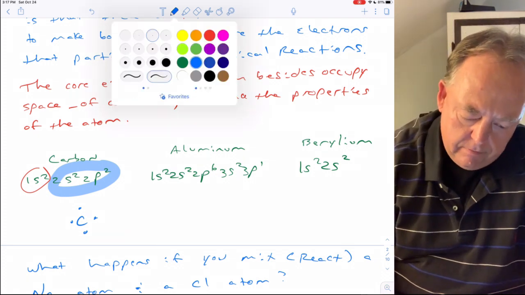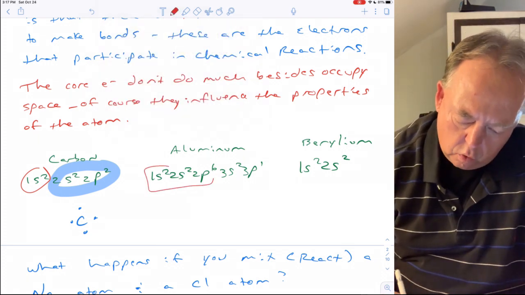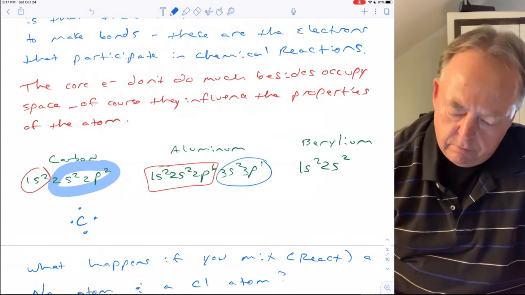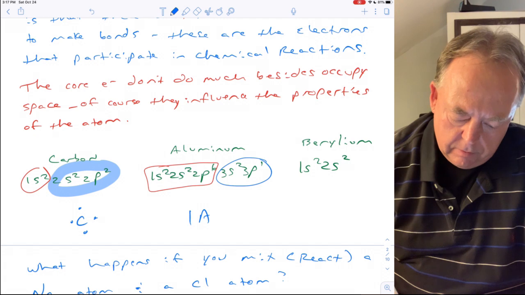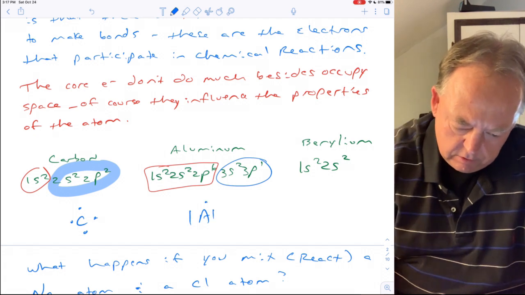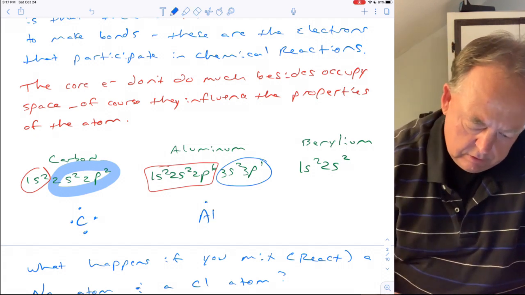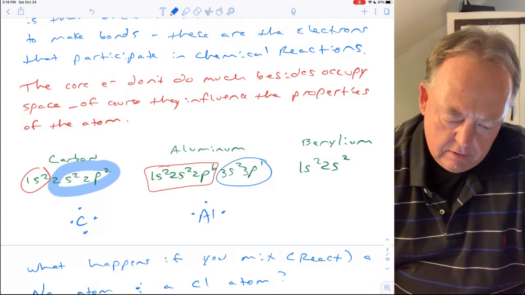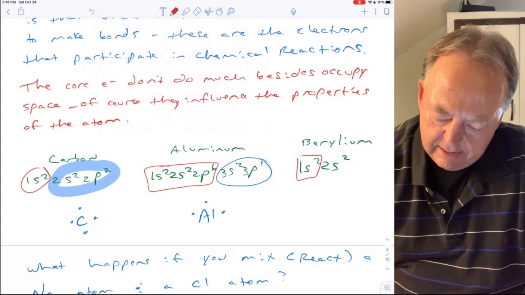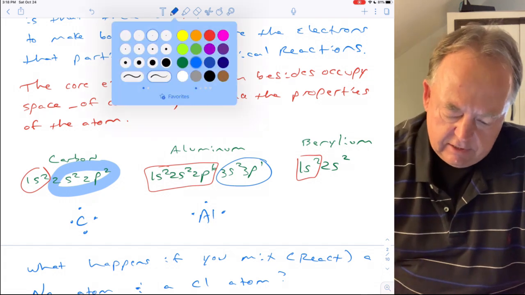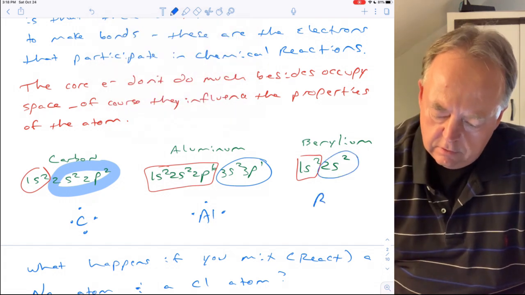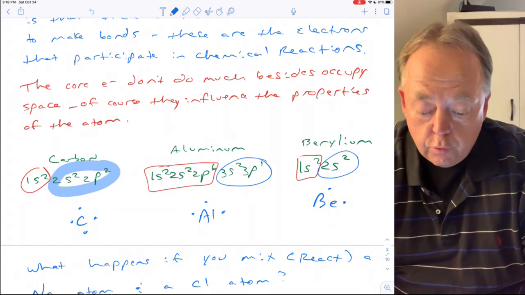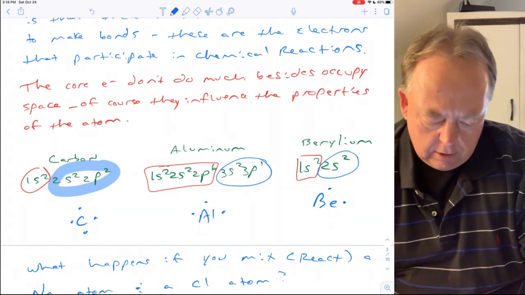And for aluminum, the core would be neon. And so what's beyond the core then would be those 3 electrons. So aluminum would have 3 valence electrons. And beryllium, right, its core is helium, and so its valence electrons would be those 2. And beryllium's in group 2, so 2 valence electrons, aluminum's in group 3, so 3 valence electrons, carbon's in group